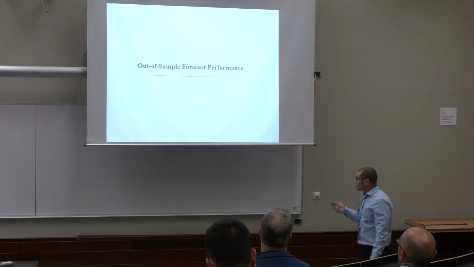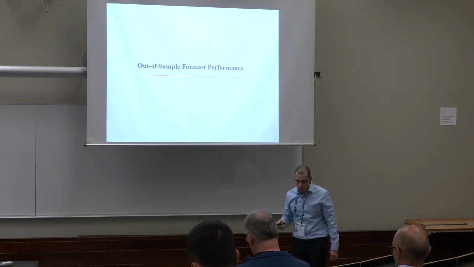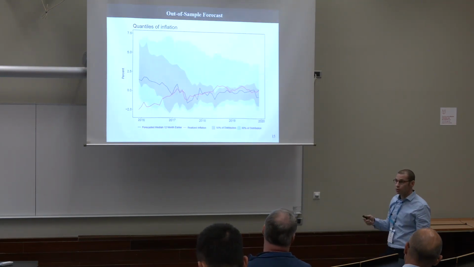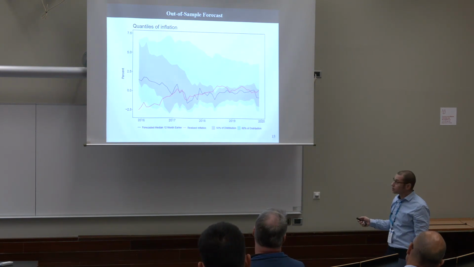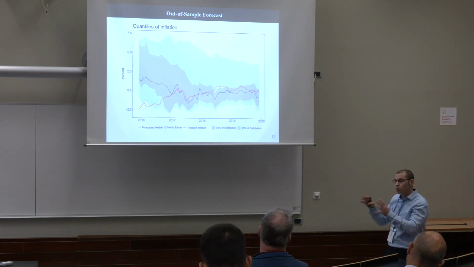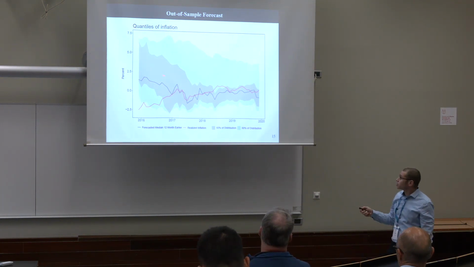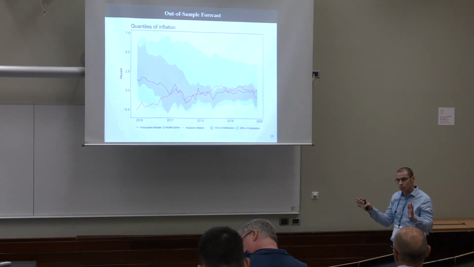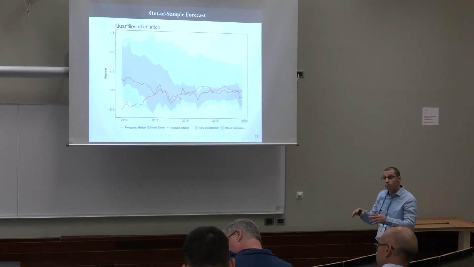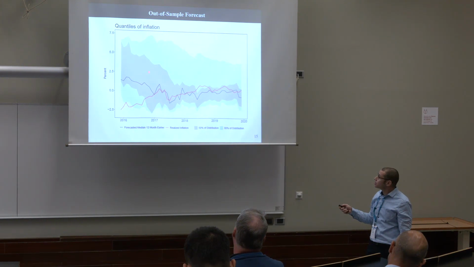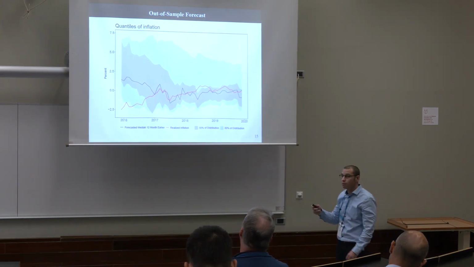Okay, so now for the forecasting performance of the model. First, let's look at the out-of-sample forecasting distribution. You can see it here. So the red line is the actual realized values. The black line is the median forecast. And the shaded areas correspond to the areas in the distribution. So for example, the dark shaded area covers 50% of the forecast. And if the forecast is accurate, we would expect the red line to be inside the dark shaded area about half, or 50%, of the time.